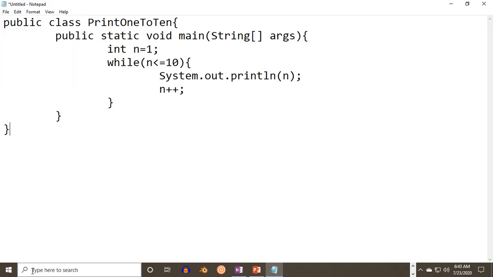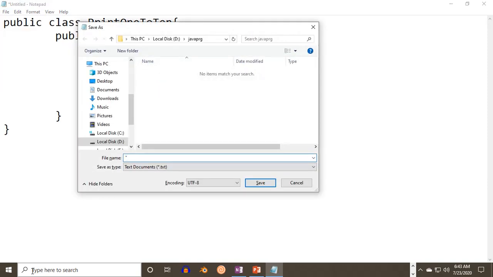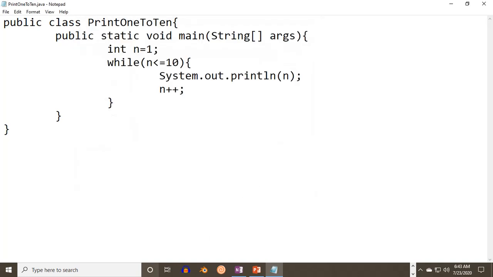Let me save it in the same Java PRG location as 1 to 10. If you provide the name and you get an error, note that every time I start my class, I delete the files available in our D drive, so it does not give any error. But in your case, if it gives an error, change the class name as well as the file name.